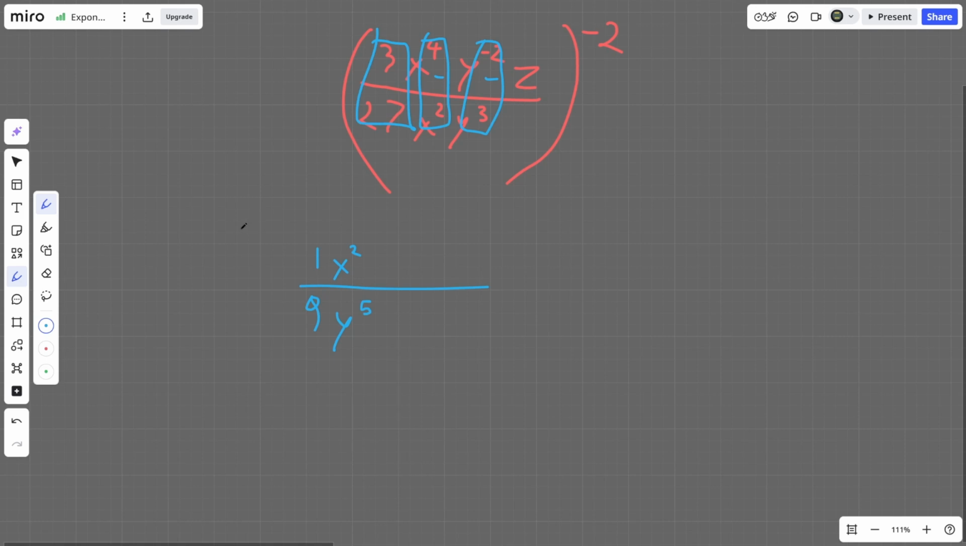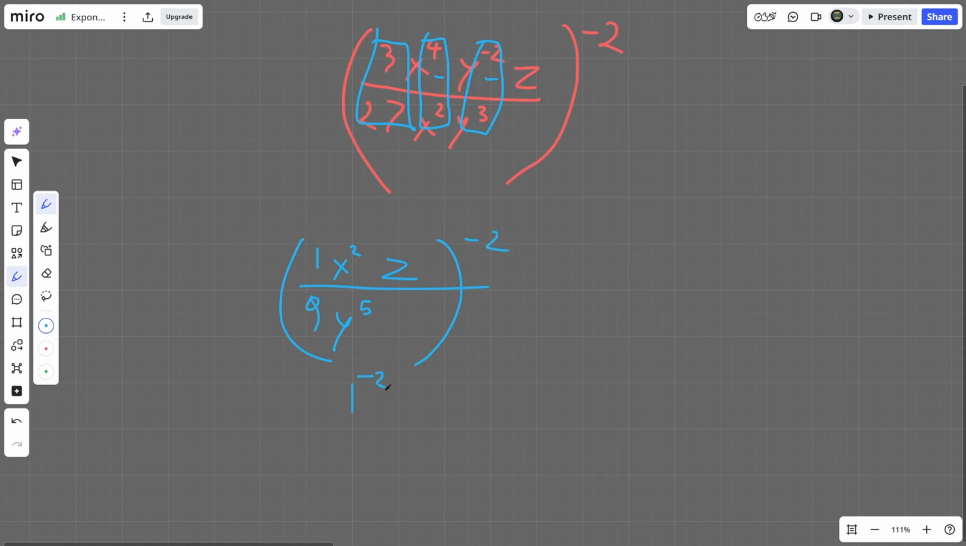But the easiest way to think of that and to simplify that is if you get a negative, it does end up on the bottom, but it's a positive now, because that's what negatives do. They flip to the bottom. And of course, z is just z. Nothing changed there. All of this would be to the negative second power,